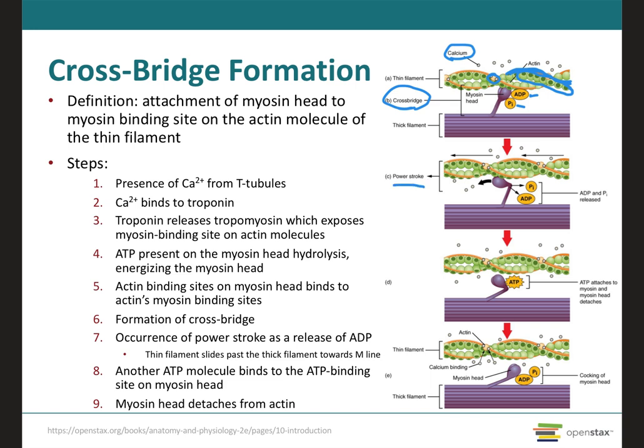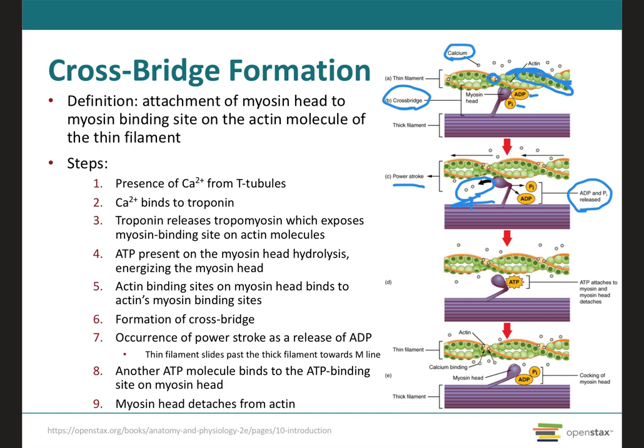And during the power stroke, the site on the cross bridge where ADP is still bound will open. As a result of this, the cross bridge will be able to rotate and release this ADP. Therefore, the cross bridge will generate enough force as it rotates towards the center of the sarcomere. And this will cause the sliding of the thin filament past the thick filament toward the M line, toward the middle of the sarcomere. At the end of this power stroke, what's going to happen is that the cross bridge